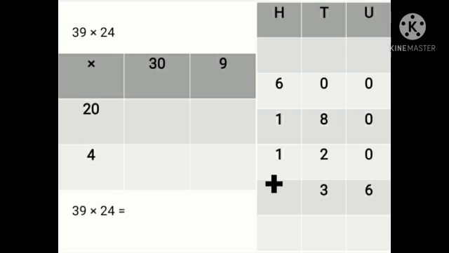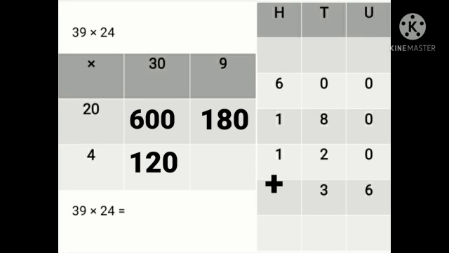39 multiplied by 24. So now we will start the multiplication. 20 multiplied by 30, the answer is 600. 20 multiplied by 9, the answer is 180. Now 4 multiplied by 30, the answer is 120. 4 multiplied by 9, the answer is 36. Now all the 4 answers we will arrange according to the place value for addition, starting